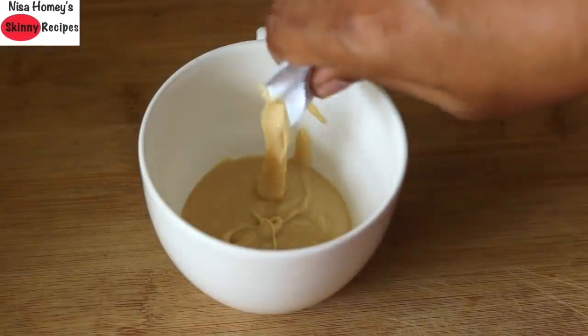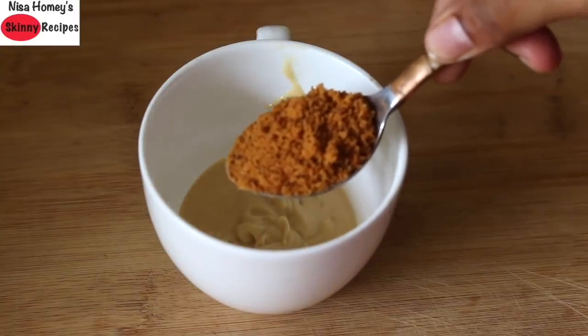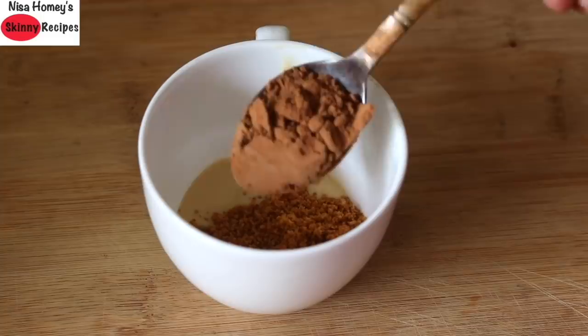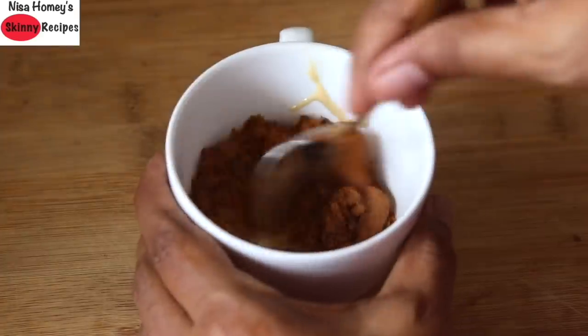Into a cup, I'm adding in natural almond milk. Add in 2 tablespoons coconut sugar or as needed. Now instead of coconut sugar, you can also use organic jaggery powder. Add in 1 tablespoon cocoa powder or you can use raw cacao powder. Give this a mix